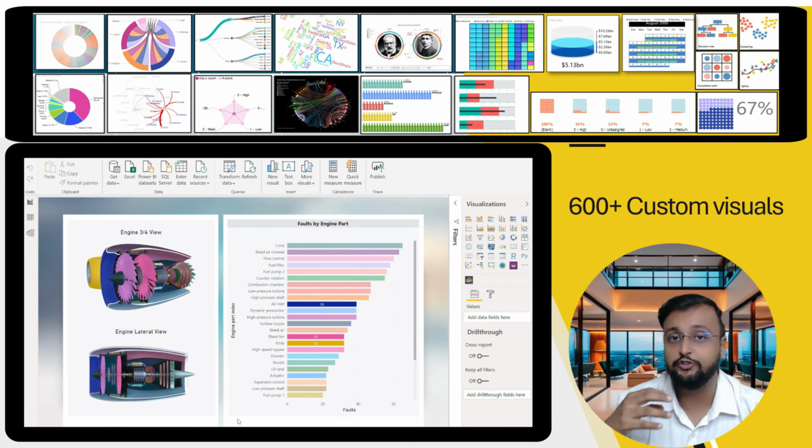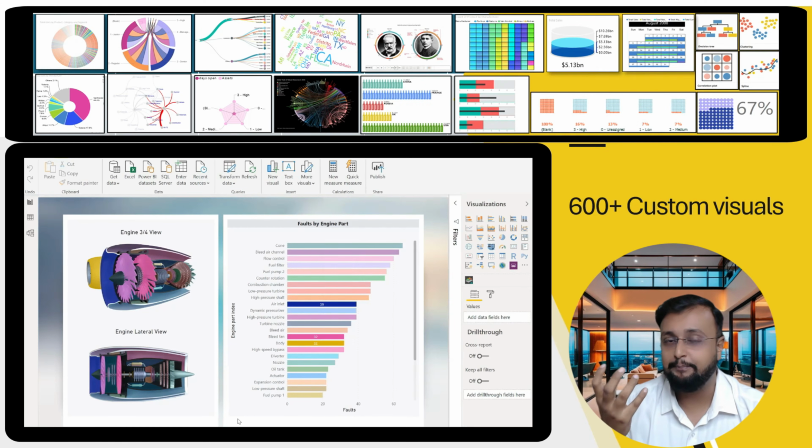Those app source visuals are developed by community people and are available for free download and free trial, so you can just plug and play. Some of the visuals are paid as well. Some popular visualization companies have dedicated visuals developed. You just buy their license, plug and play, and create the reporting around that,